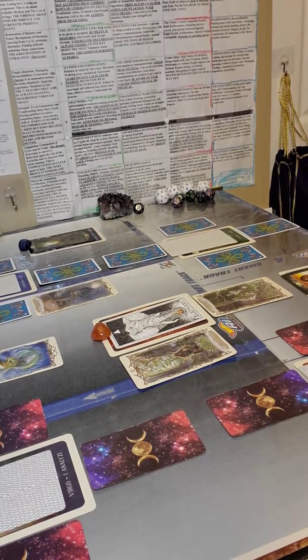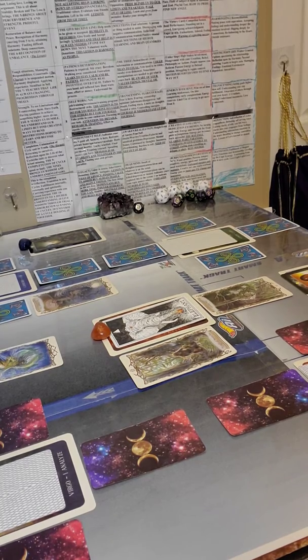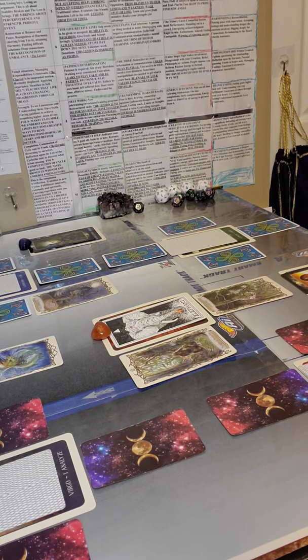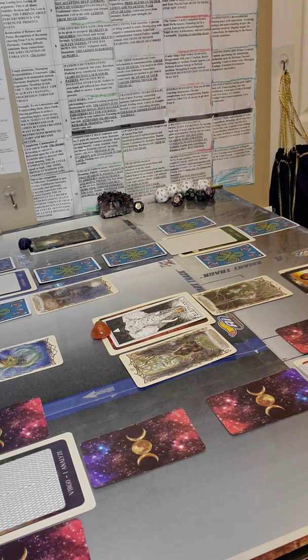All right, so let's move down. We have the Hermit reversed here. So this is Virgo energy, which is opposite of Virgo right now. But this is somebody who, I like to call this person backwards man. Usually the Hermit goes inward to come outward. This person is going inward because they do not ever want to be outward. Or